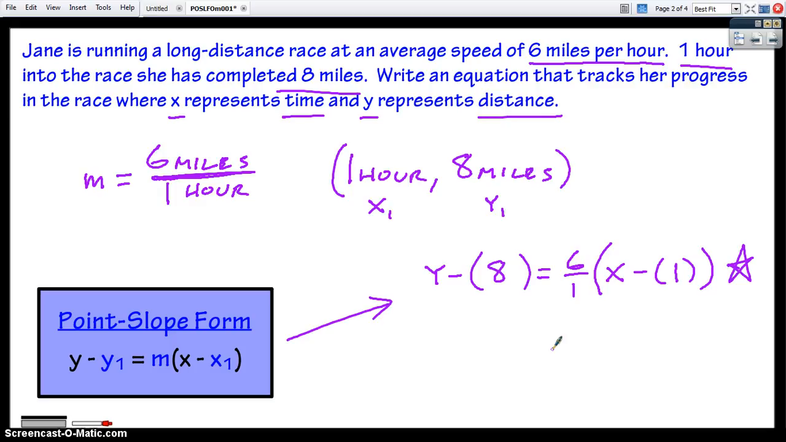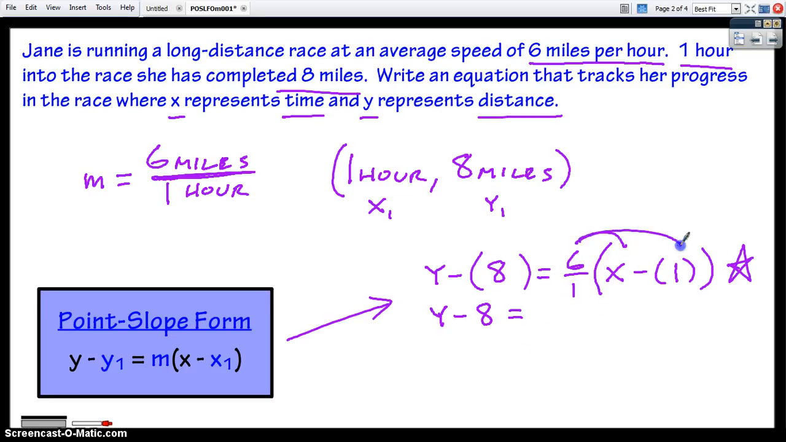Now, depending on what problems you're doing in the book or any problems in general, they may ask you to clean this up, because this is kind of messy. There's a lot going on here, and a lot of people just prefer slope-intercept form. So I'm going to go ahead and go one extra step, and I'm going to clean this up and put it in slope-intercept form. So over here, first off, let's just lose the parentheses. I just put those there to remind myself where to put the 8 miles. So y minus 8 equals 6 over 1 is really just 6, and I've got parentheses here,